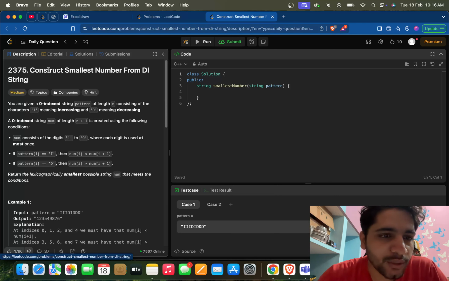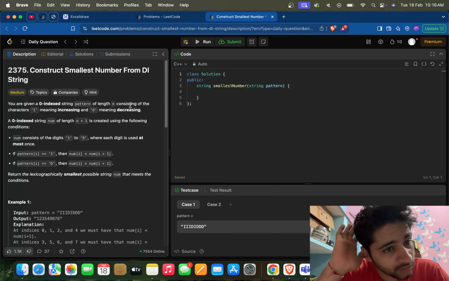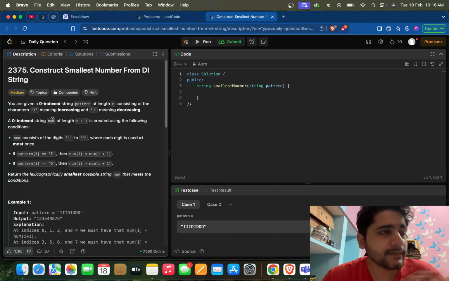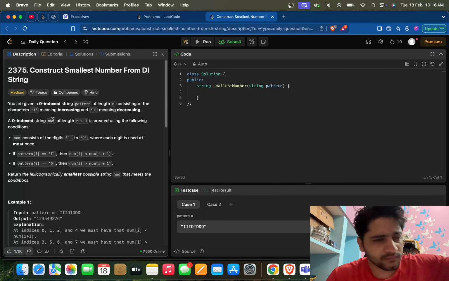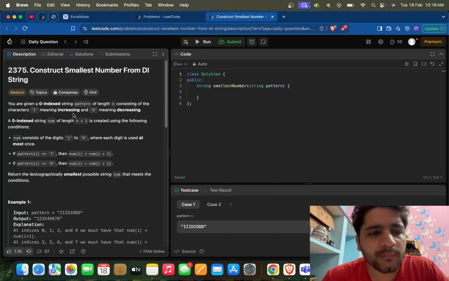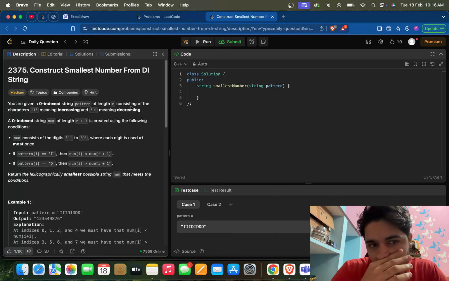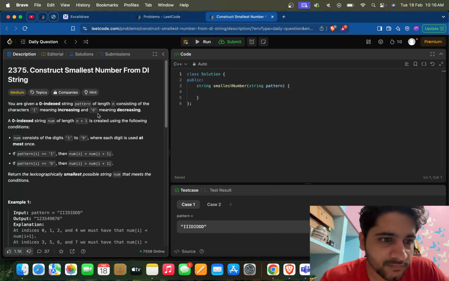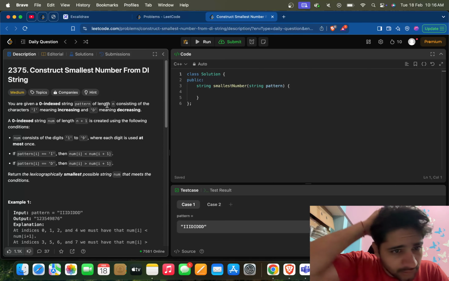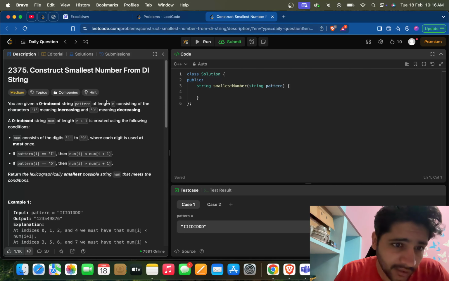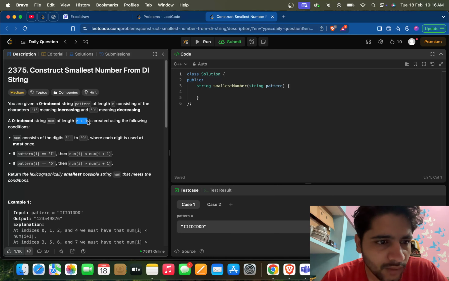We are given a zero indexed string pattern of n length consisting of the characters I meaning increasing and D meaning decreasing. Okay, decreasing increasing string. So from this n length string, we need to create an n plus 1 length string where,